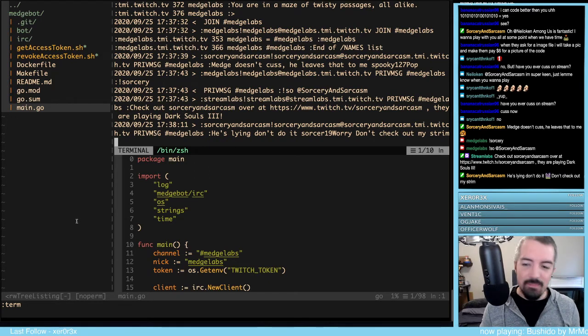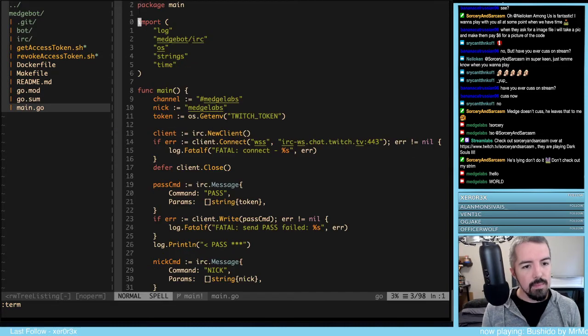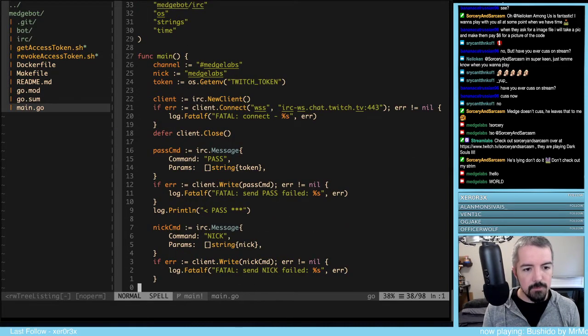Yeah. It's fantastic. And of course, we also have the obligatory hello world. So we are responding to commands. We have message parsing. We have IRC parsing. We have all of these things working for us, which is fantastic. So now what else are we going to do? It's like, okay, we got a fairly decent base for this code. But